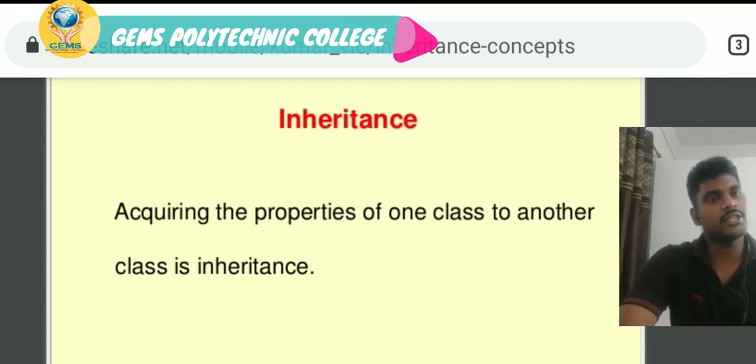And subclass, child class and derived class, these are all the same. So here, sharing properties from parent class to child class is called inheritance. This is the actual meaning of inheritance. We will see this concept in detail.